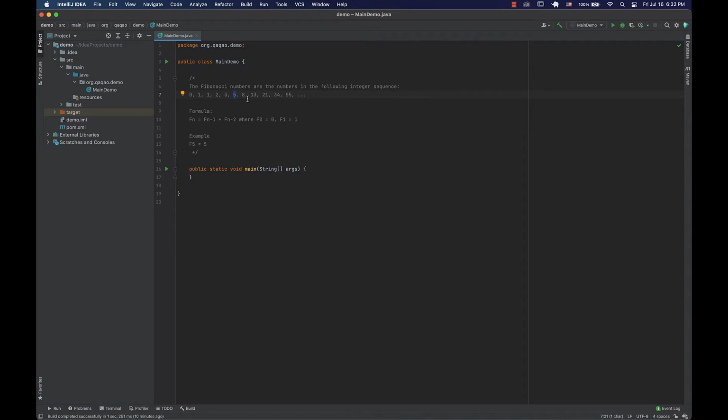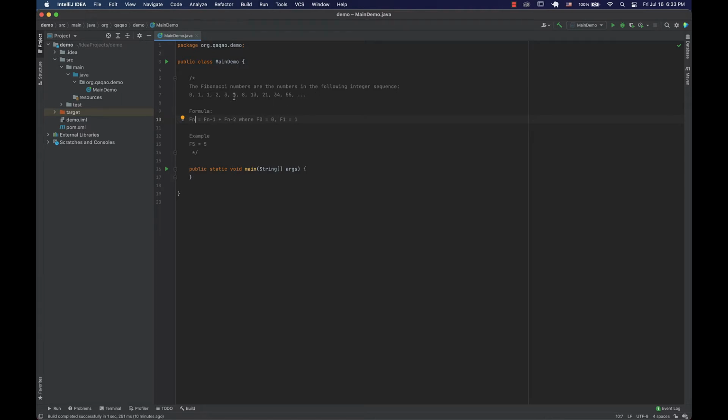So first, how do we calculate the Fibonacci number? We refer to a formula: f of a number position equals f of number position minus 1, plus f of number position minus 2. Here it's important to mention that we do not subtract 1 from the number itself, but from its position. A lot of times people, when they get this question asked during an interview, make a mistake by